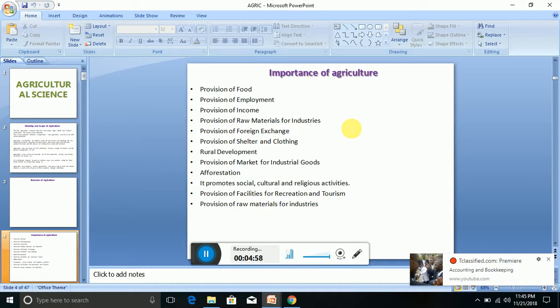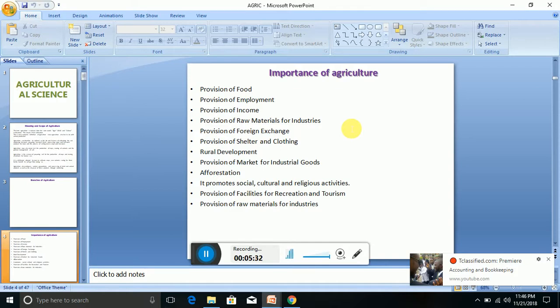Provision of raw materials for industry. The raw materials that many industries use are actually things from agriculture. If you go to eateries, they are doing their shawarma and other things. They use chicken. They use stuff that is from agriculture. So you have a lot of things. People that are producing soap in processing plants, soap markets, those PZ people that produce soap, they use oil, they use palm kernel, all those things from agriculture. So agriculture provides a lot of raw materials for industry.